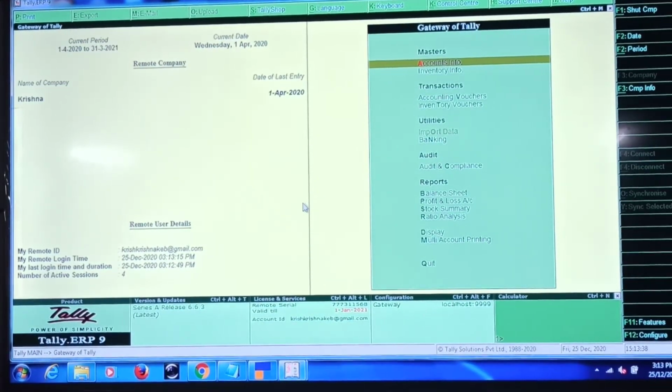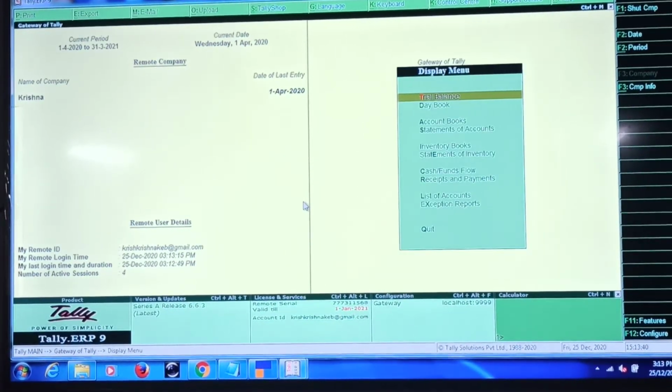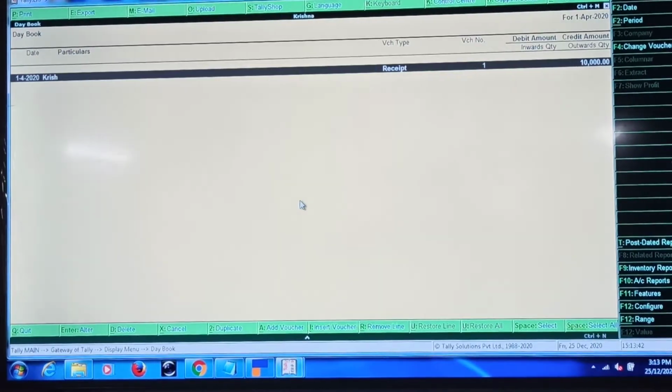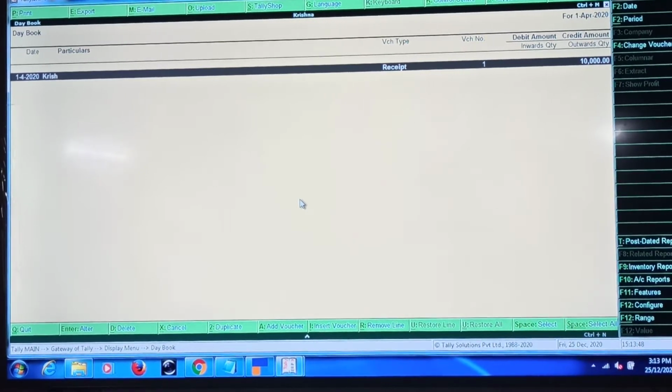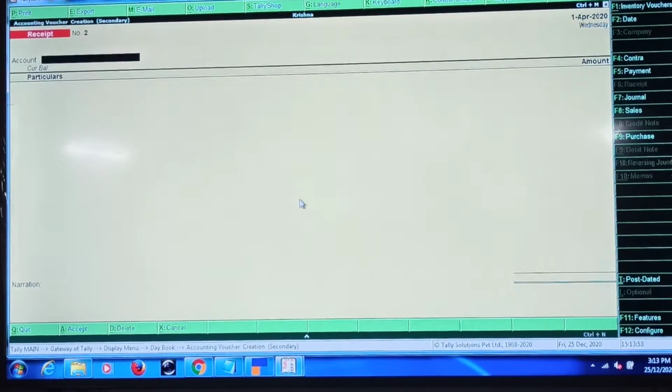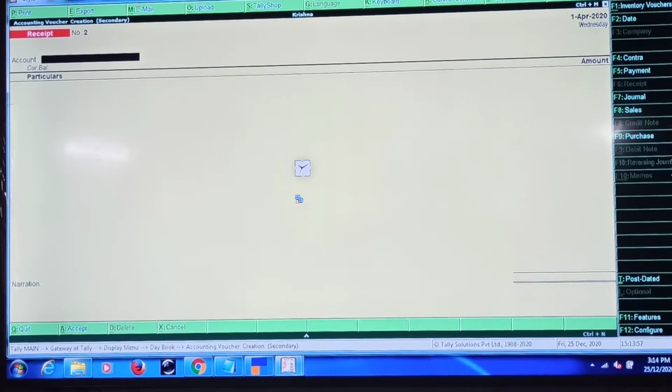As you can see here, I'll go to display daybook. The transactions are displayed. If I want to record any voucher from this screen itself, I'll press Alt A to add a voucher, and I'll try to record another voucher by using F5 as the payment voucher screen.